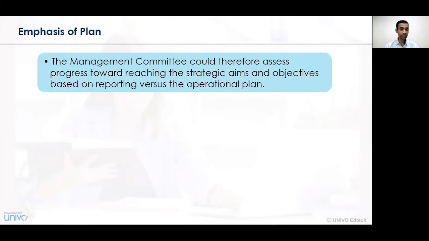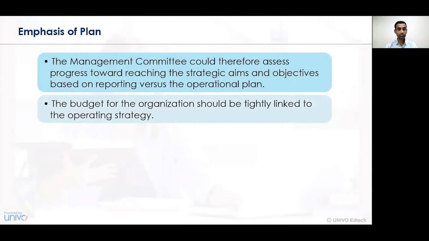Now let's understand how we emphasize the operational plan. The operational plan emphasizes the decisions that have been taken by the management committee and what they are aiming for. The aim of the management is to achieve the strategic goals or strategic objectives. Those objectives may be either long term or short term, and they are always aligned with the vision, mission, policy, and framework of the business that has been set or decided. So the operational plan should always be in connection with the strategic planning that has been undertaken and what the company is aiming for, either in the short term or in the long term period.